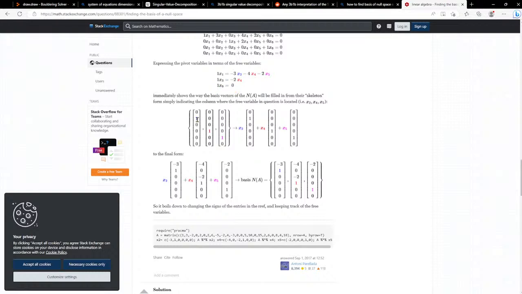And therefore, 1x1, wait. Yeah, 1x1, wait. It will be filled in from their skeleton form by simply indicating the column where the free variable in question is located. So